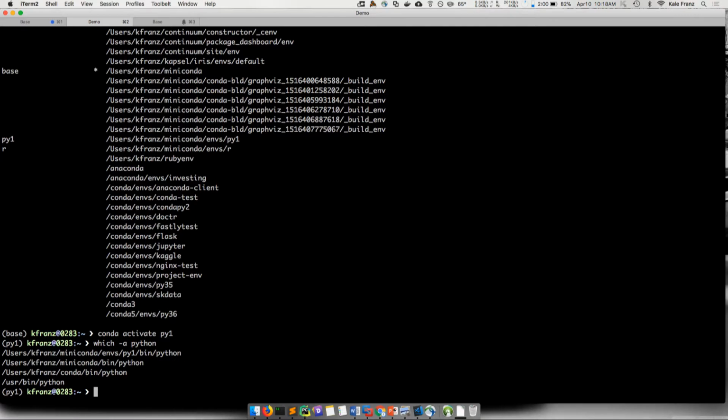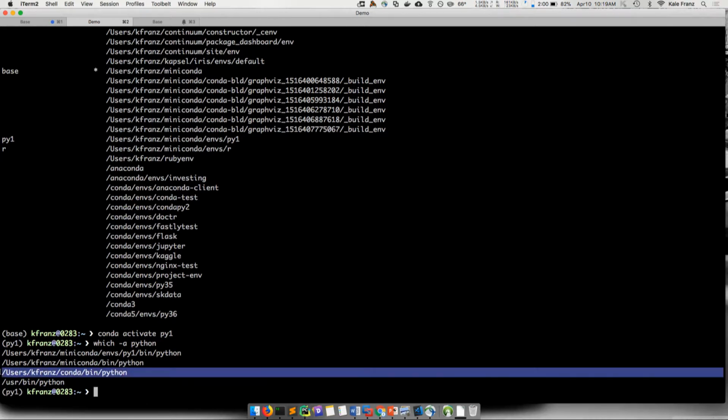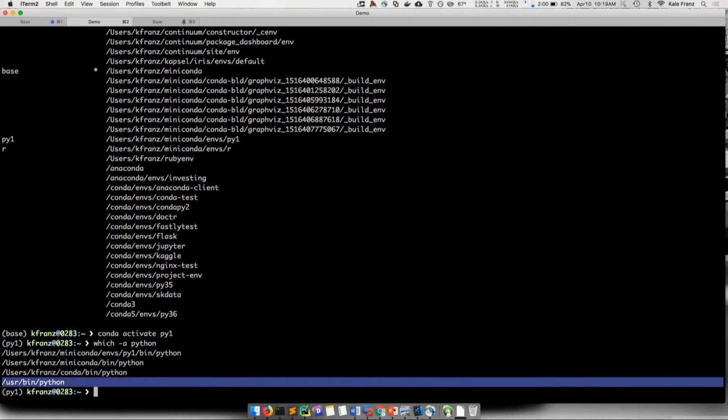Oh, because I had that other one too. Look, I have 4 Pythons on path. How do I figure it? So yeah, if I've installed PyTest in not the active environment, but maybe not even a Conda environment, and I don't have my Conda environment active, you're going to run into path problems.